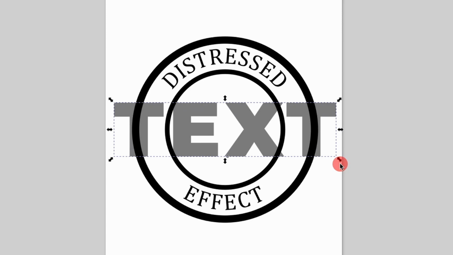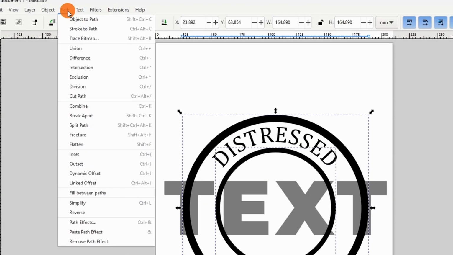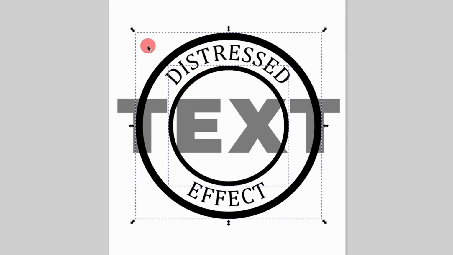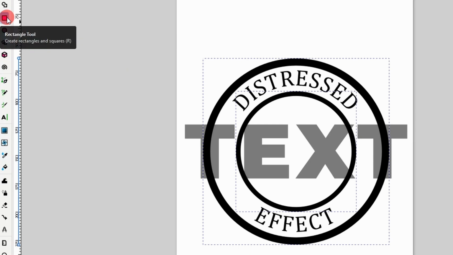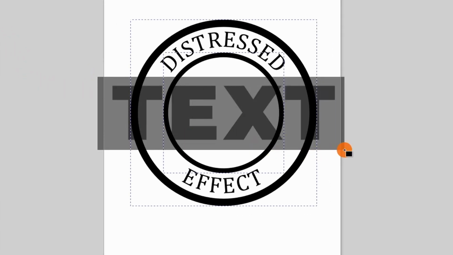Control. Next, we want to cut out some parts of the circles around the text to put some gaps between the circles and the text. To do so, let's first select both circles and go to Path, Stroke to Path. This will allow us to cut parts out of the strokes. Then, using the Rectangle tool, let's draw a rectangle completely covering the text and extending beyond the circles on both